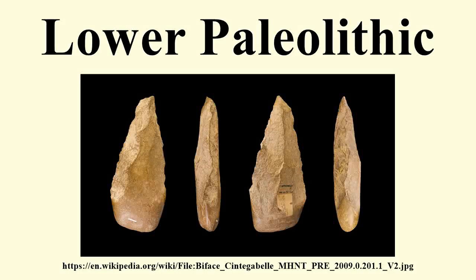The Lower Paleolithic is the earliest subdivision of the Paleolithic or Old Stone Age. It spans the time from around 3.3 million years ago, when the first evidence for stone tool production and use by hominins appears in the current archaeological record, until around 300,000 years ago, spanning the Oldowan and Acheulean lithic industries. In African archaeology, this time period roughly corresponds to the early Stone Age, beginning approximately 3.3 million years ago